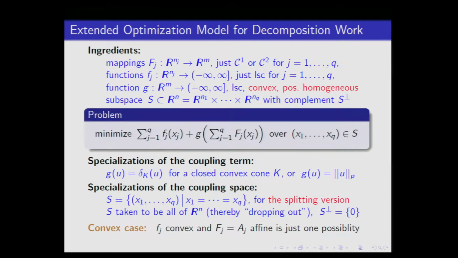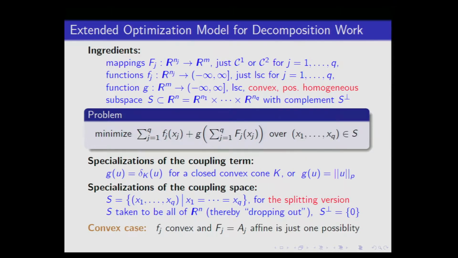So examples are a little different from what you're thinking. Everybody could understand that this g could be the indicator of a cone. And then I'm looking at constraints with some possibility of decomposition that I'm trying to get. But what you don't see much is that g could be something else, like a norm. This is also positively homogeneous. So there are so many optimization algorithms now that involve regularizing terms. So you could think of it as something like that. But there are many more possibilities included in this. And as I say, g could be a general convex function.